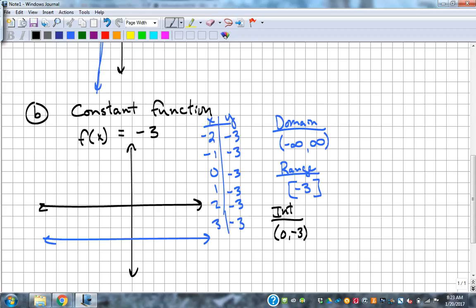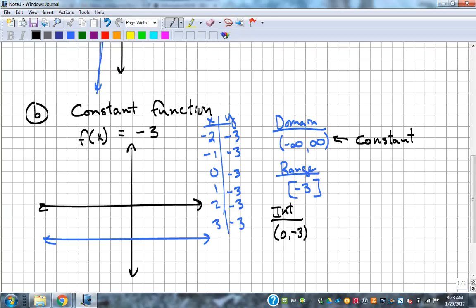Is it increasing, decreasing? Constant. It's an entire constant interval, so the whole domain, it's constant. Increasing, decreasing, constant. It's constant across the whole domain. Okay. Absolute max or min? Not really either, because it doesn't have a highest point or a lowest point. All of these points have the same height, the y value, so it's not going to have an absolute max or